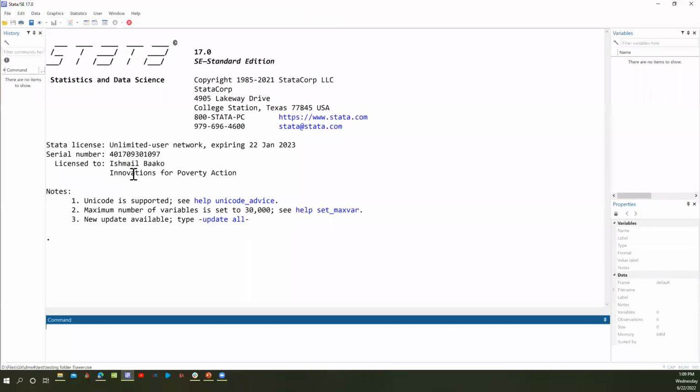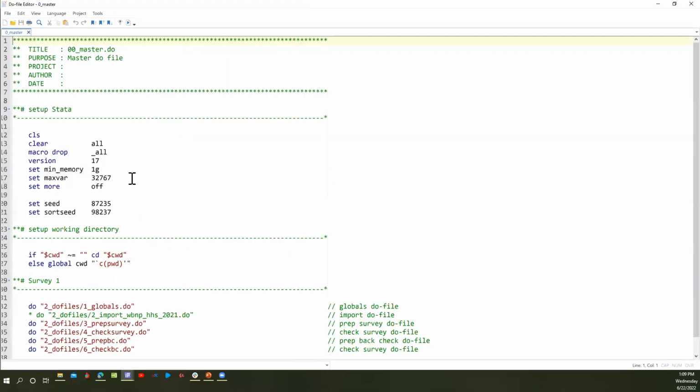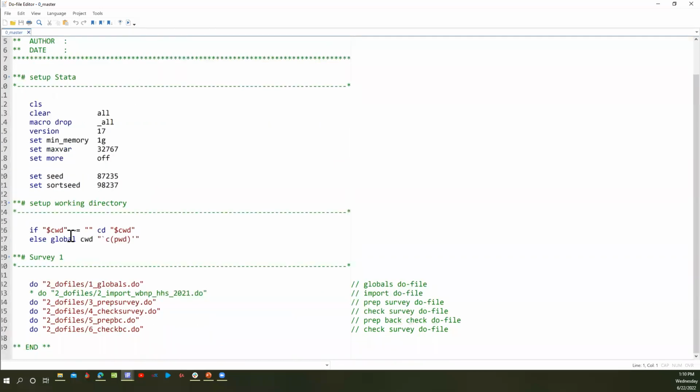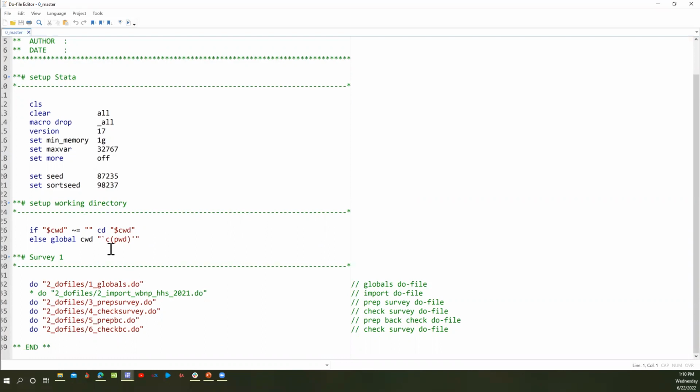All right, so first we have our master do file, and this do file doesn't really do much. Basically, what it's doing is setting up Stata for the DMS, and then creating the working directory. And the working directory would be assumed to be the current working directory. So it is best if you always just open the master do file from where it's located, so that it uses that as a current working directory. But you don't have to. You can also just manually switch to that directory before you run this. So it would pick up the current working directory and use that subsequently as you move on.